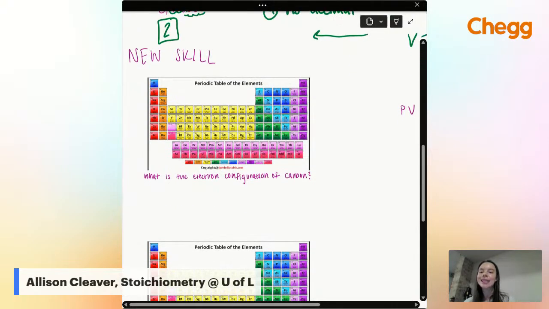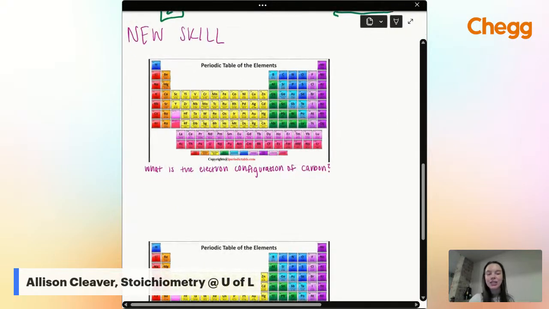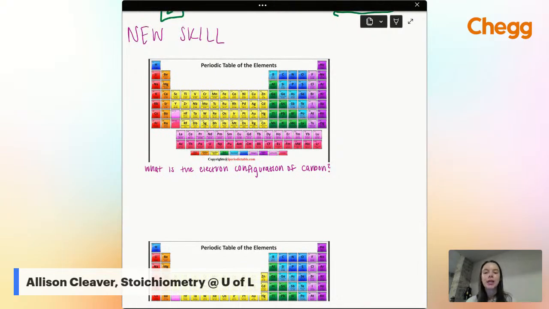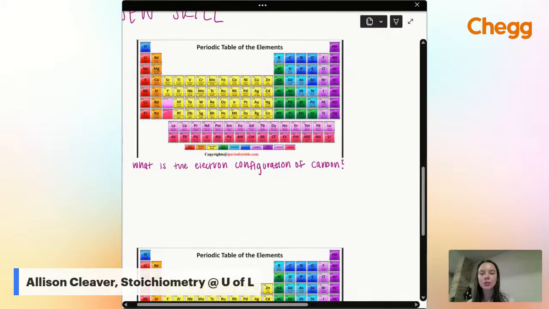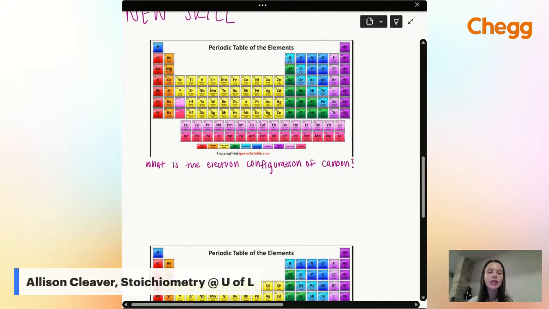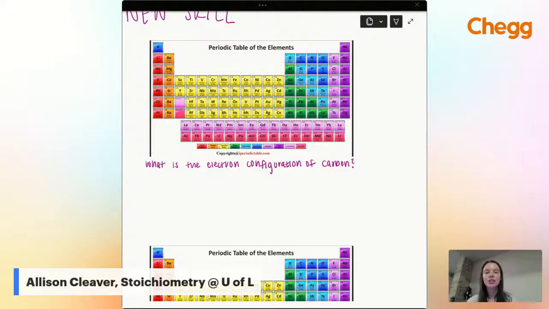a new skill, and that is electron configurations. We had a few questions on this last week, so I wanted to do a better job of explaining that and what an electron configuration even is. I know when I TA'd and tutored in chemistry, it was a really tough concept for students to grasp, and it's very conceptual and not a lot of practical application, but it's going to be on those finals, on those midterms, on those tests, so it's very important to learn.